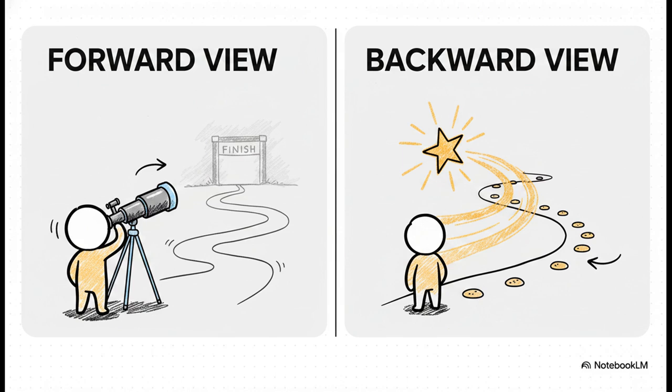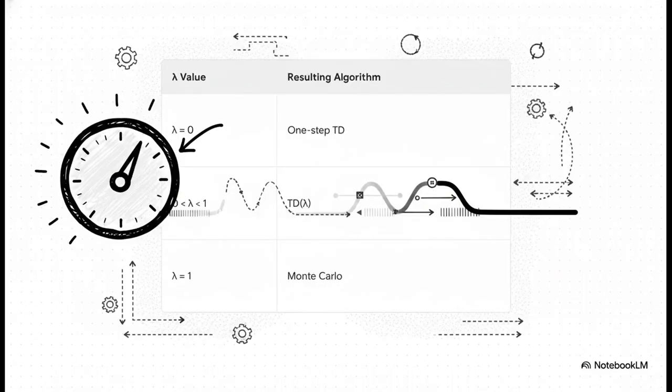And here's the kicker. The math works out to be exactly the same. We get the benefit of the forward view with the speed of the backward view. And this table just shows how brilliant this whole thing is. We now have this one little parameter lambda that acts like a dial.